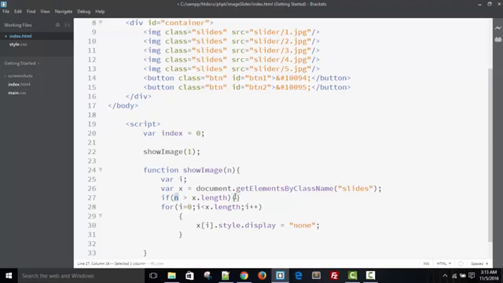If it is more than 5, then we just set index for each image equals to 1, because it is last, so we'll move to first one. Copy this,